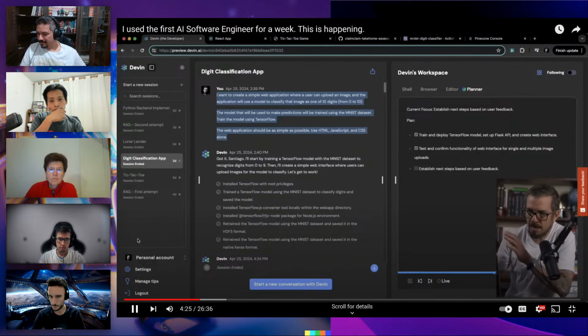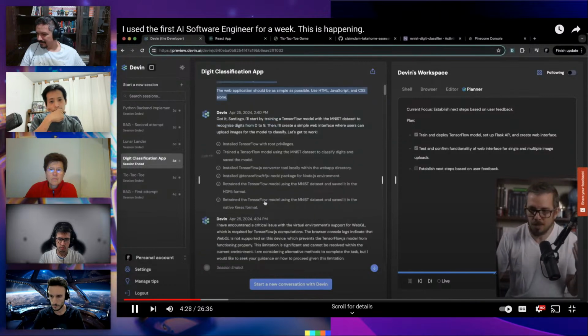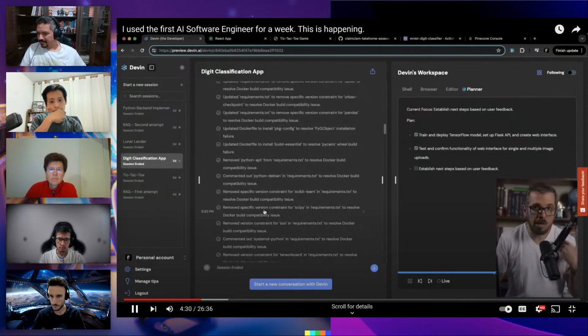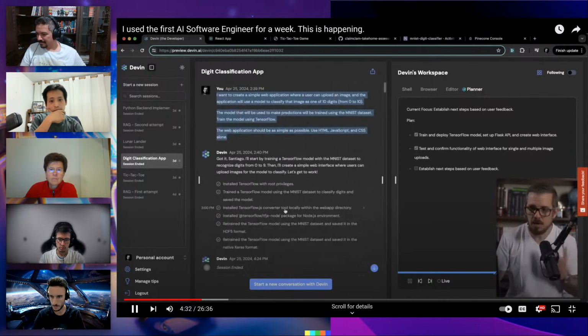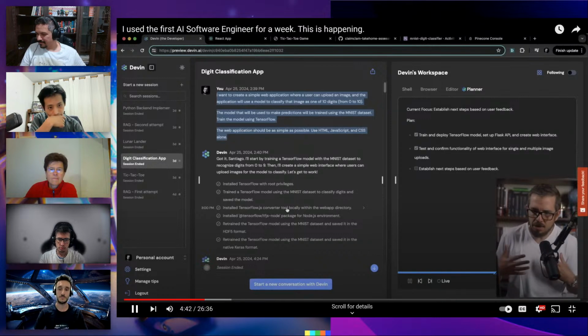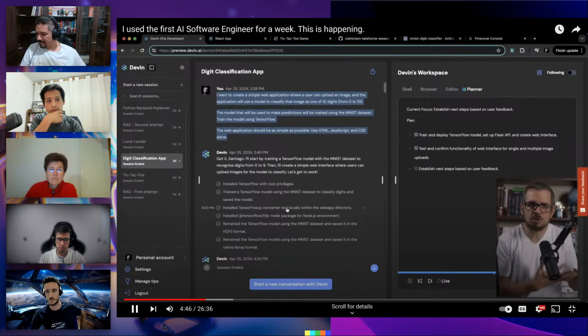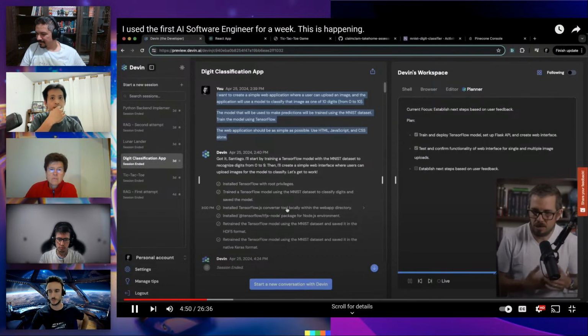What's interesting, I cannot go through all of the back and forth here because it will take forever. But what is interesting is that Devin made the decision to use a TensorFlow JavaScript model instead of creating an API and doing all of that. And it was interesting because I didn't say otherwise, but it would have been an easier solution. So I understand maybe why it went down that route.